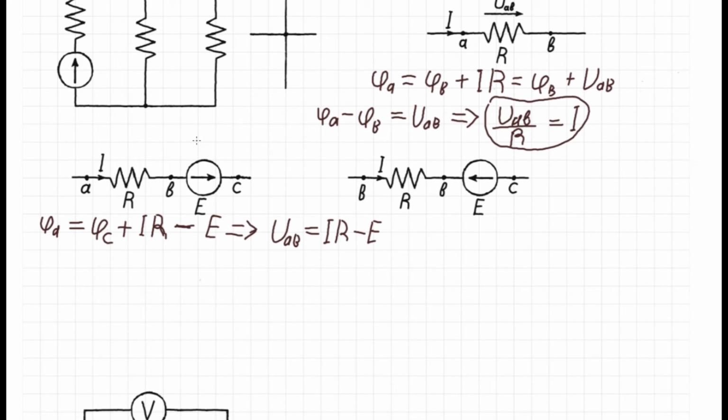This arrow designates the rising of the electromotive source, the rising of potential from point B to point C, and we must subtract this electromotive source from our potential, and here we have gotten the voltage